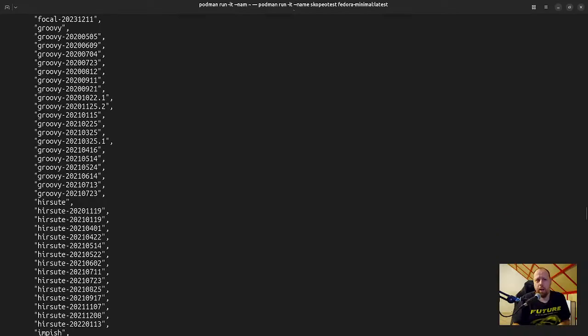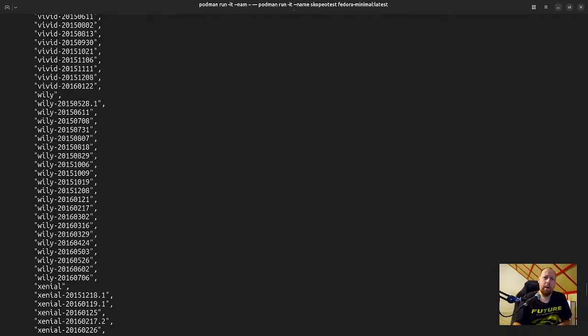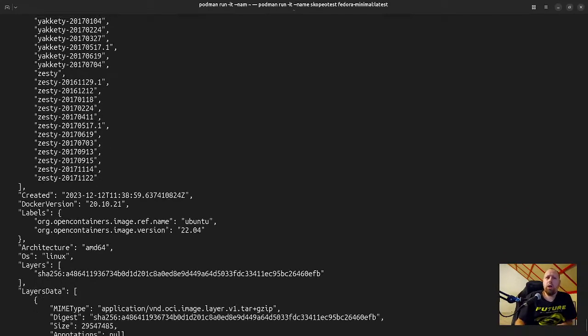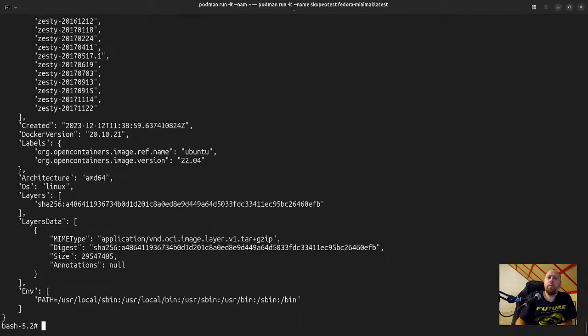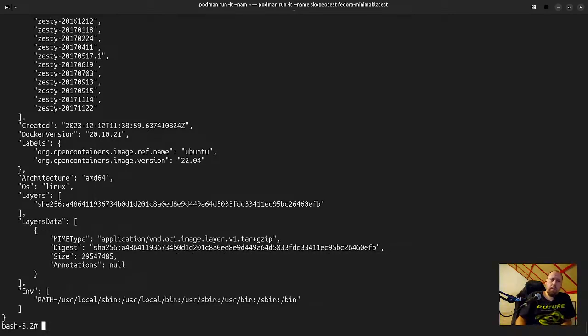The OCI format is based on the Docker v2 image format, so yeah, it's just more fleshed out and more standardized. So this is a lot of information about the image that you would want to know if you're deploying it. But what we're interested in, as I said, is Scopia